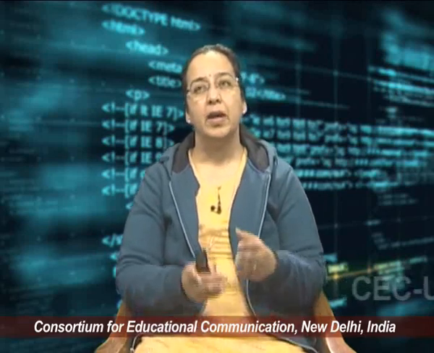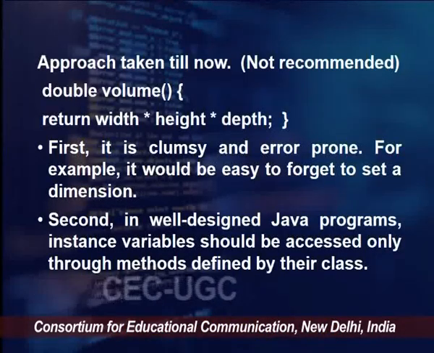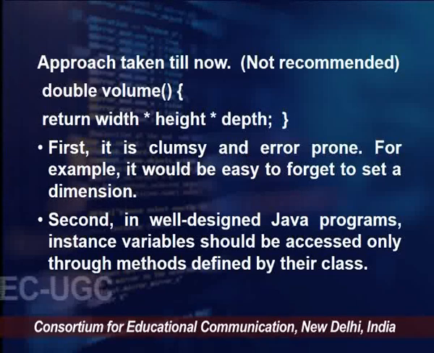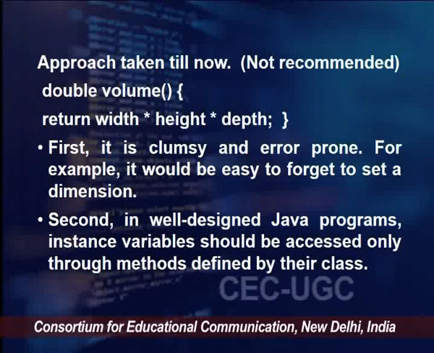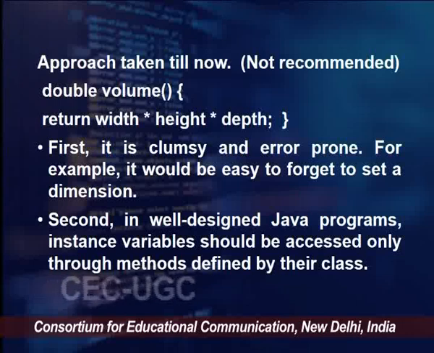So, the variable receiving the value which is returned by a method must also be compatible with that return value. Now, till this point, if you have seen our volume function, we have seen the return type double volume, and within one statement we just said return width into height into depth. This approach is not recommended for two reasons. First reason is it is an